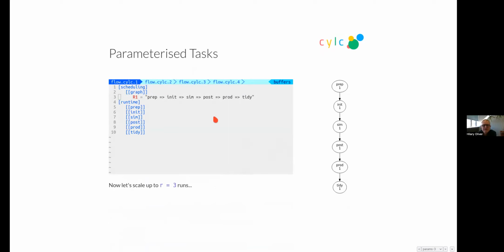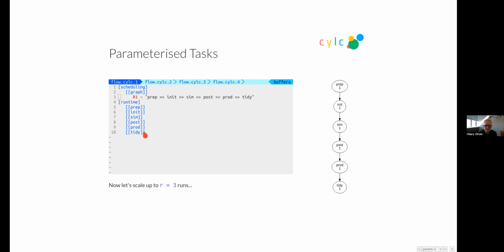Let's say we have a model called sim and a post-processing task called post, and some task that initializes a model run, another one that generates products from it, and then we've got some global preparation task and some global tidying up task, and that's our pipeline. Run once again in the scheduling section. Cylc graph will visualize it like that. And I've omitted the task definitions under runtime, because for this purpose, it doesn't matter what they do.